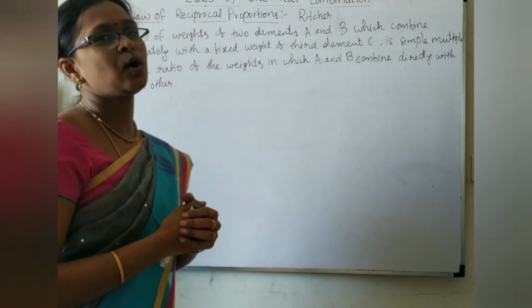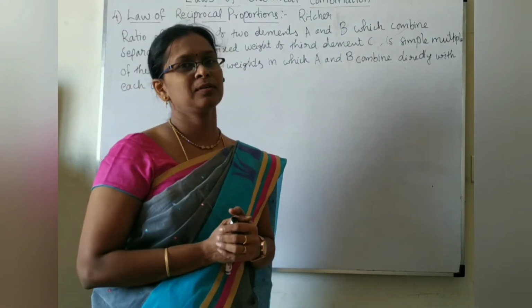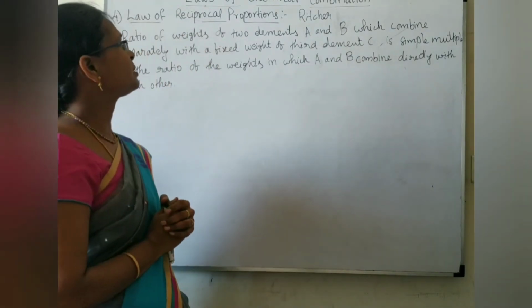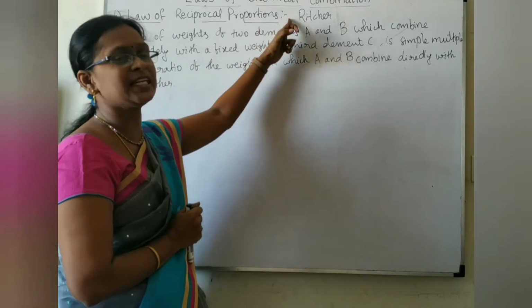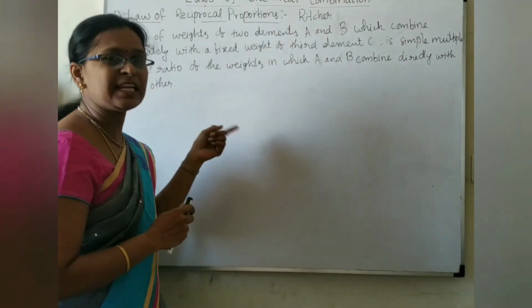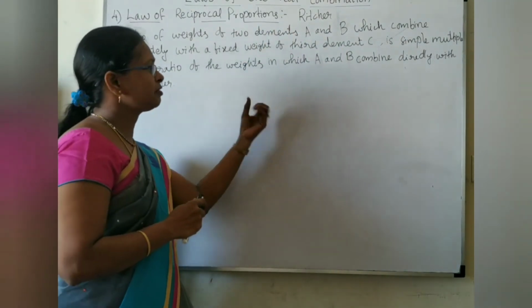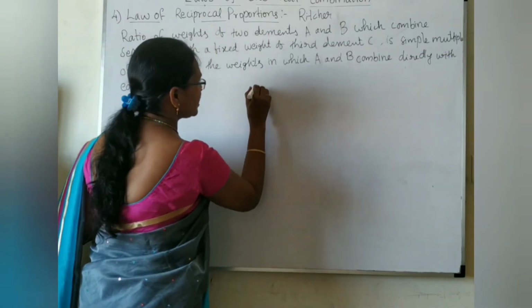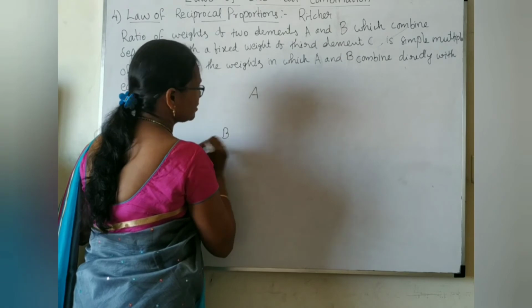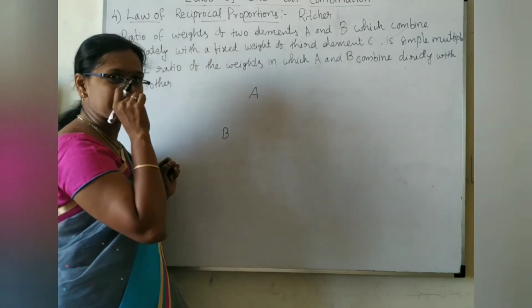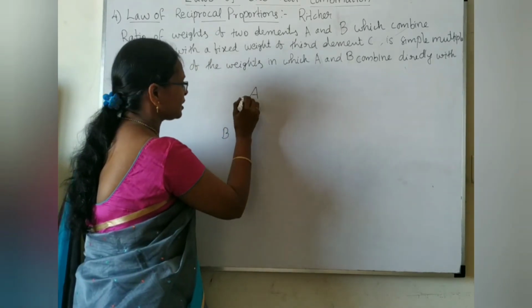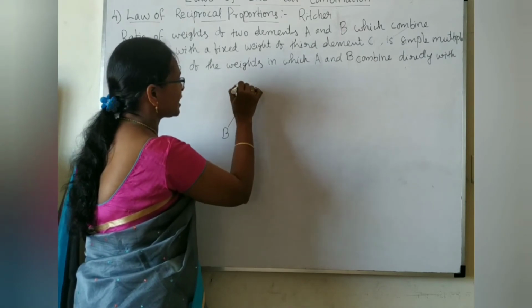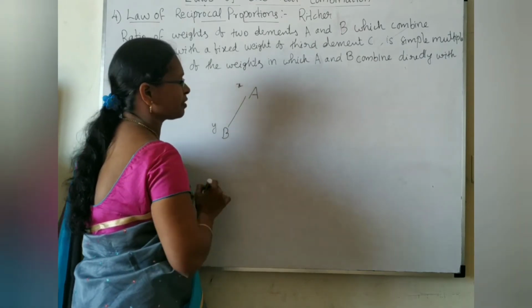Next one, law of reciprocal proportions. Law of reciprocal proportions was given by the scientist Richter. First I will explain the way it works, then we will go to the definition. Now, A and B, two atoms are there. These two atoms are combining using X grams of weight and Y grams of weight,